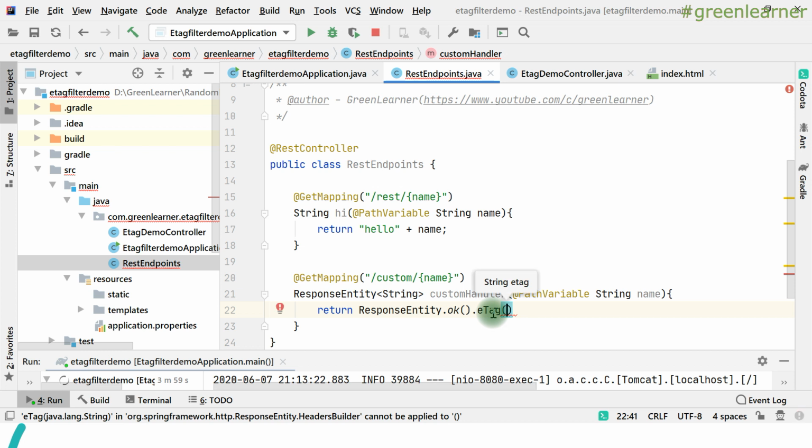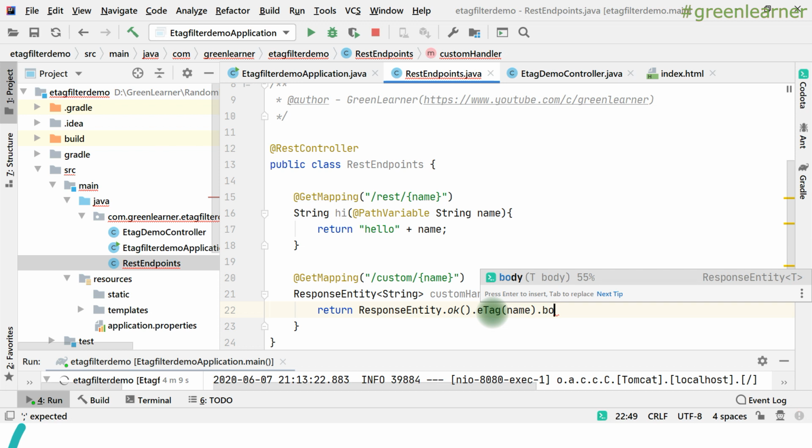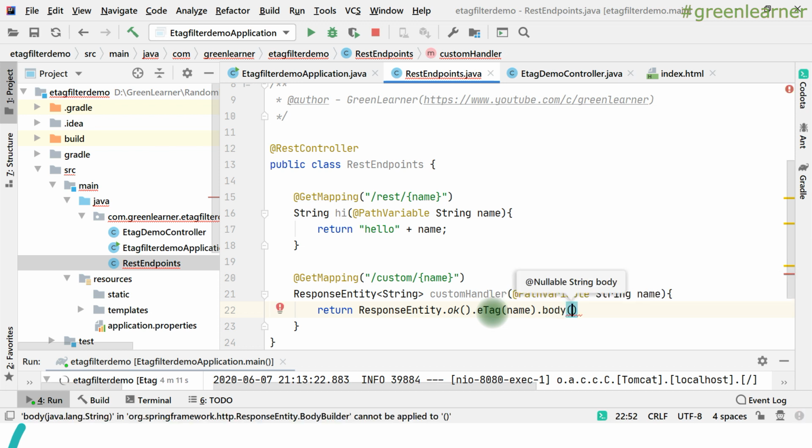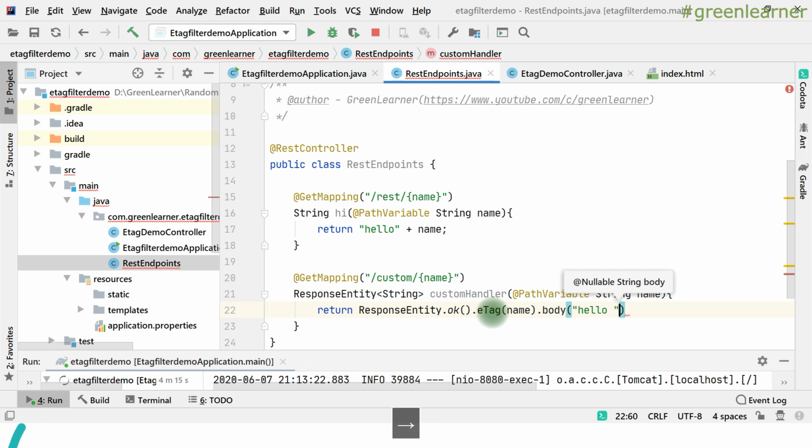So for ETag, what ETag value do you want, right? So for example, I want this name to be the ETag, right? And then I have to mention some body also, right? So what is the body I want? I want hello plus name.